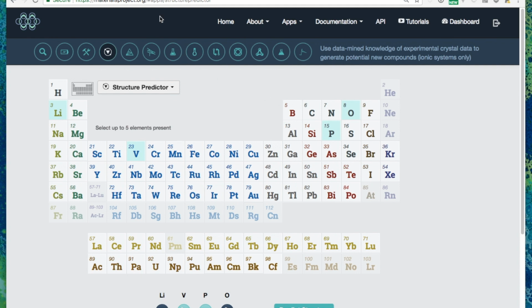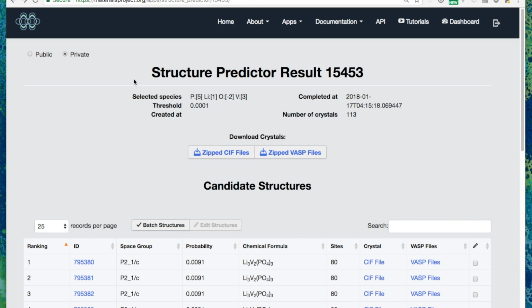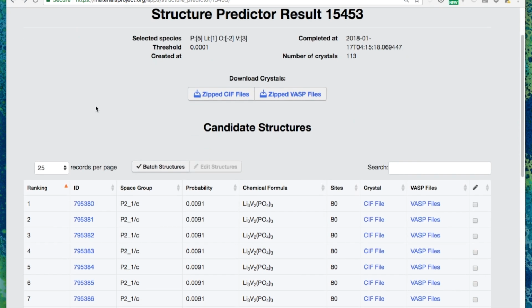And I've actually already run this calculation, so I'll go up here to the result, and we can see this result. All results are private by default. You can make it public so that anyone can view this with that URL. And we have a bunch of candidate structures using our